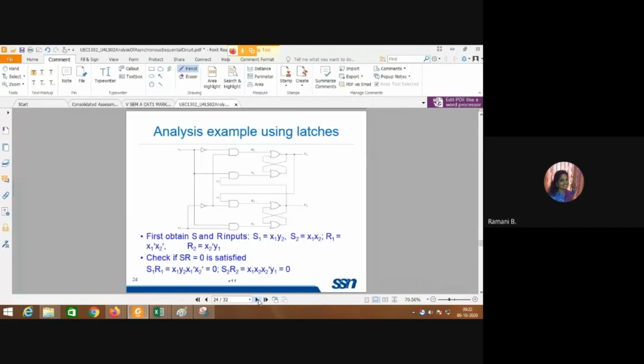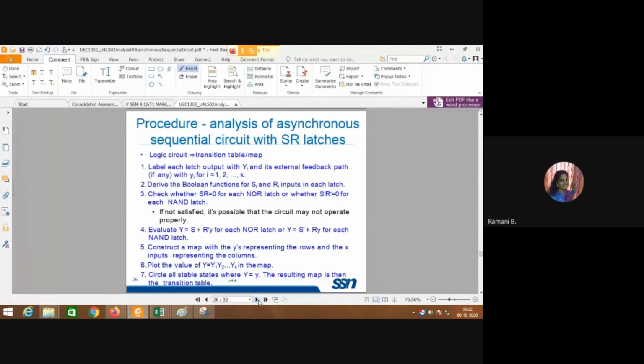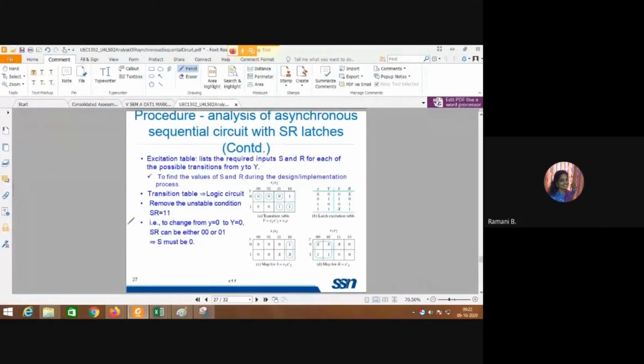Okay. So next, this is the procedure what we saw just now. So sometimes they may ask how you will be proceeding with all this. So you have to write the steps also. So you just see those also. Like what we saw, given a flow table, how you could derive the circuit diagram. The same way here we have for the SR latch also. This is again the same table actually. So let us see that.